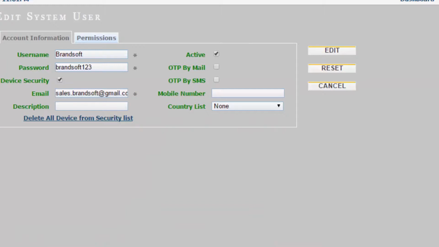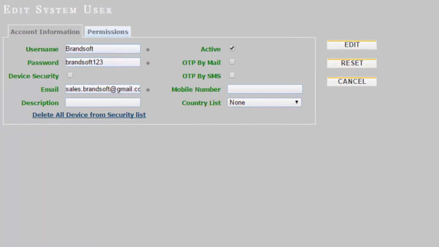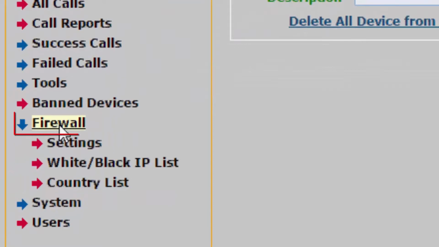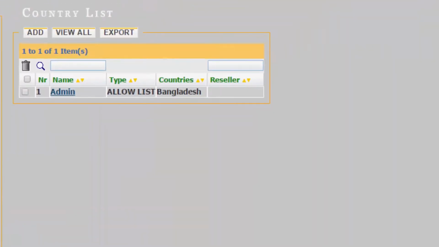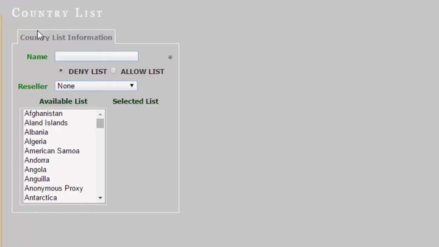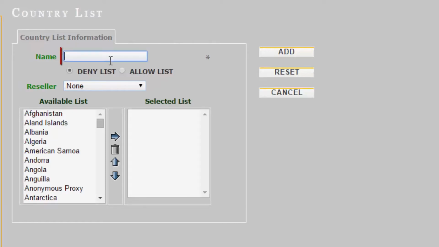Now we will learn the country security. For this, at first we will make the country list from firewall. Click country list and click the add button. Here give any name, suppose BrandSoft.